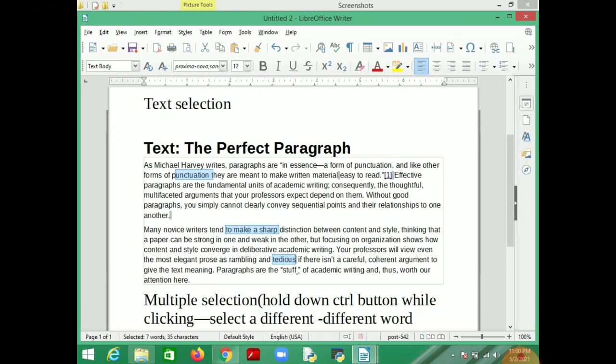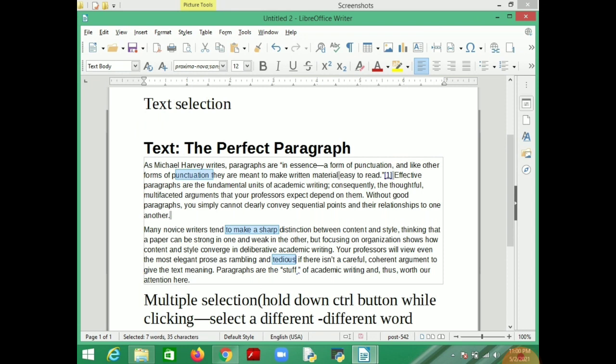Then multiple selection. If you want to select different words or multiple words at different places, then what you have to do is just hold the Control key and click whatever you want to select.